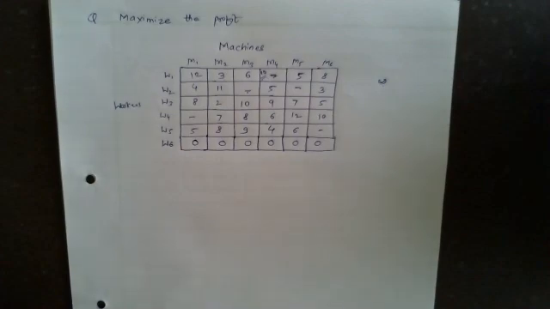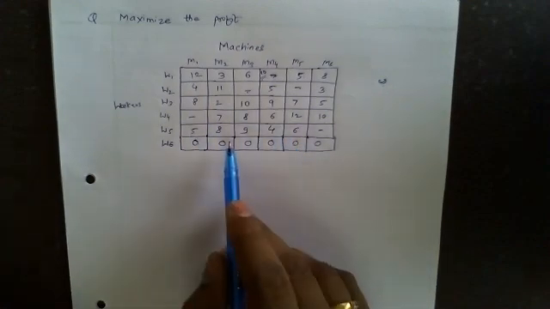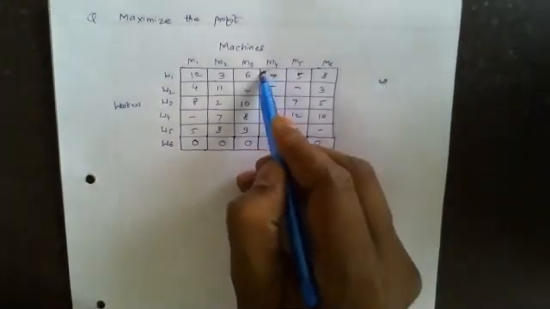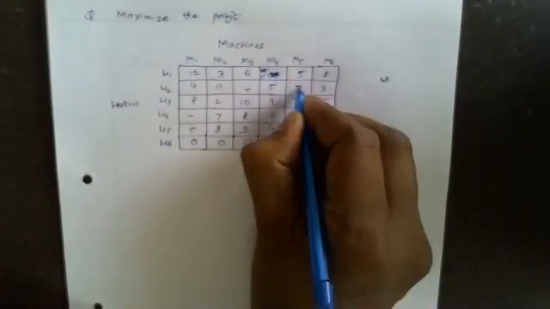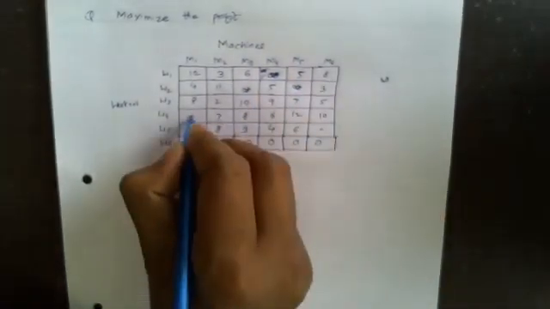Now what is the next step? The numerical given is maximization. So first of all, we have to convert this maximization numerical into minimization numerical. So for that, what do we have to do? We have to find the highest value present inside this matrix. What is the highest value? Don't consider it is 10, it is infinity. So first of all, I will replace this dash with infinity.